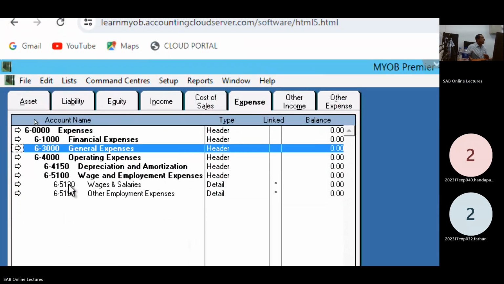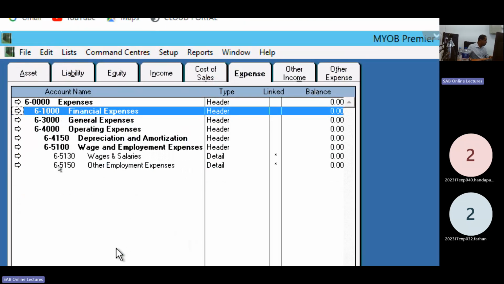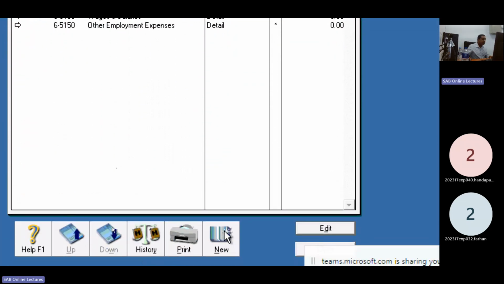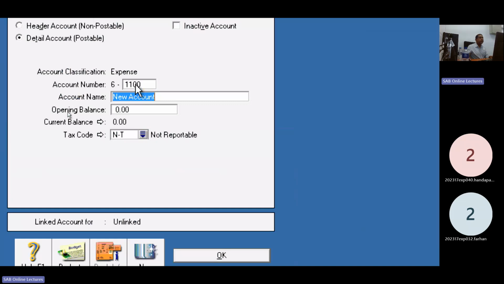Complete these financial expenses by turning to page number 1. An example, bad and doubtful debts. First I create the first account. Okay. Under category 6, 1100. Do not confuse this 1100 with the income, because here it is category number 6. Got this point? Section number 6, expenses, 1100.